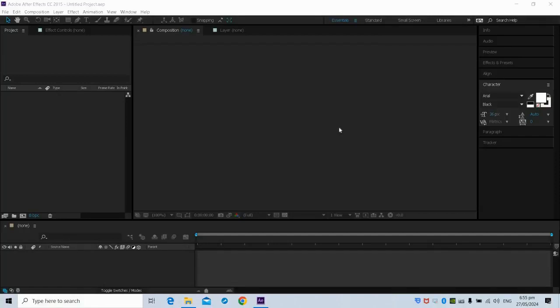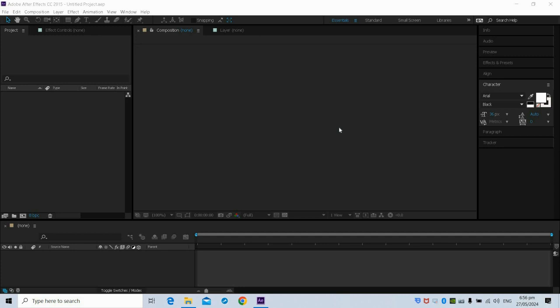Okay, so for today's lesson, this is all about After Effects tracking motion. For example, if you want to have a shape or a text that would follow a particular motion on the video, you can use the tracking motion in After Effects. So it's either a shape, a text, or a video that will follow the motion that you create that is being tracked on the video.